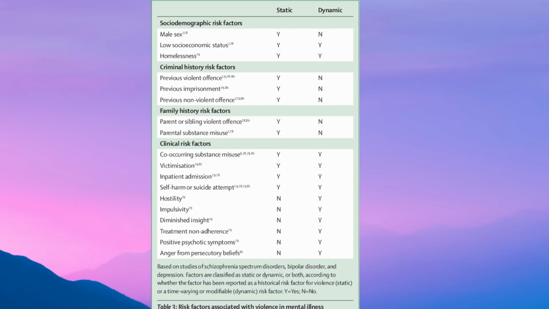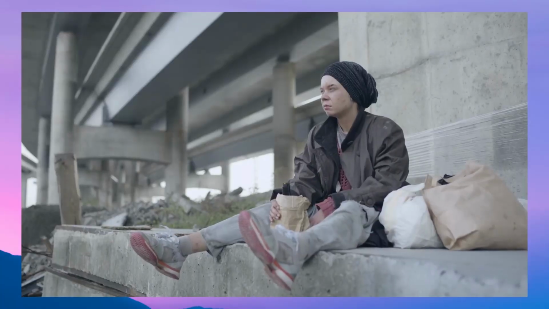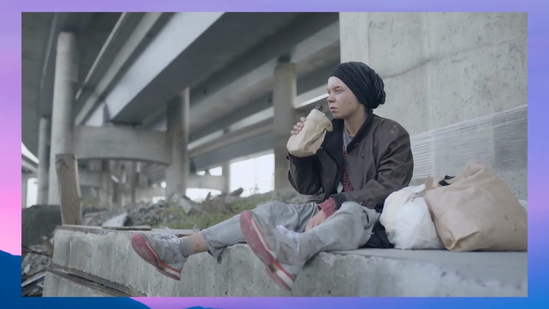Therefore, when we look at samples of schizophrenics that are violent, they have many of the same risk factors as other violent offenders. However, by virtue of the illness they have, they can become violent under certain circumstances, the most common of which is substance abuse and untreated symptoms of active psychosis and delusion.